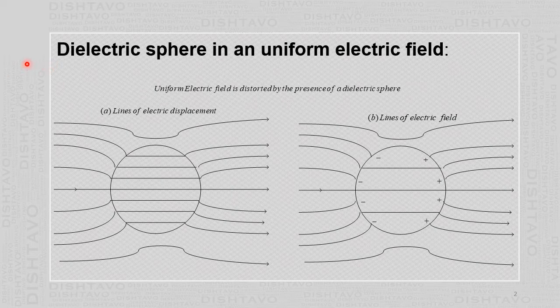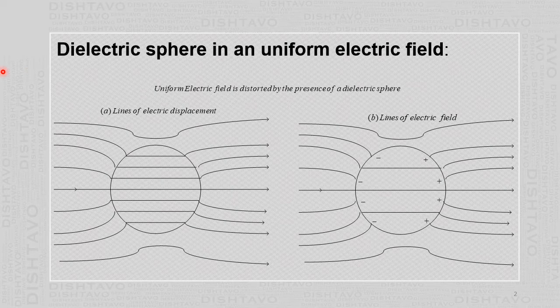Now, a similar thing we have done in the previous chapter, where a conductor is placed in the uniform electric field. And what happens to the electric field? Initially the electric field is uniform. Uniform means electric field lines are parallel and equidistant. And when a sphere is kept inside, the field gets distorted. At a far distance, the field remains the same as before, that is uniform.